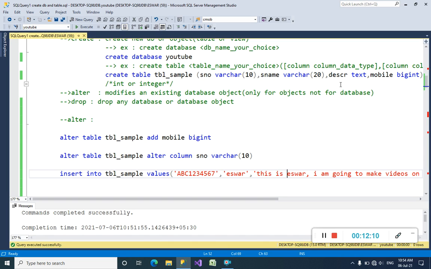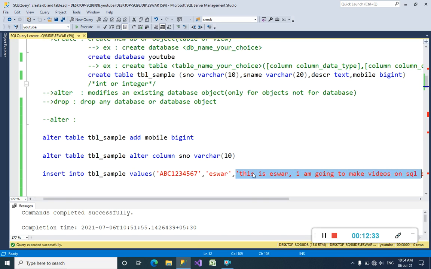We have to describe ourselves in this column, description, and it is of type text. I already told you that text is very similar to varchar, but we don't need to mention the size here. So we can write as many characters as we want.